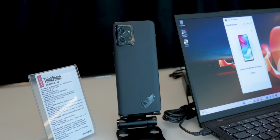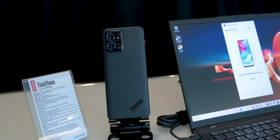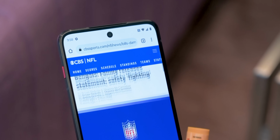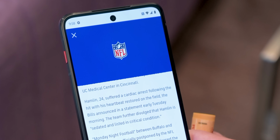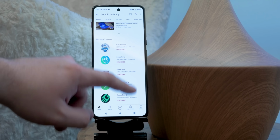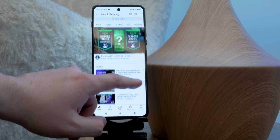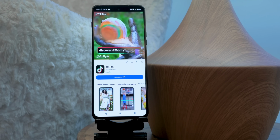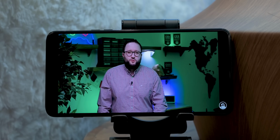The ThinkPhone is a business-first, everything-else-later phone. It's loaded with ThinkPad-inspired design cues, software features that integrate seamlessly with the ThinkPad lineup, and a selection of materials that can definitely take a beating. Aramid and aluminum aside, this phone has a Gorilla Glass Victus 6.6-inch Full HD Plus POLED display, which, important to note, is flat. No curves here, folks. Now, Lenovo and Motorola don't specifically mention any refresh rates yet, but it felt snappy, bright, and provided a smooth